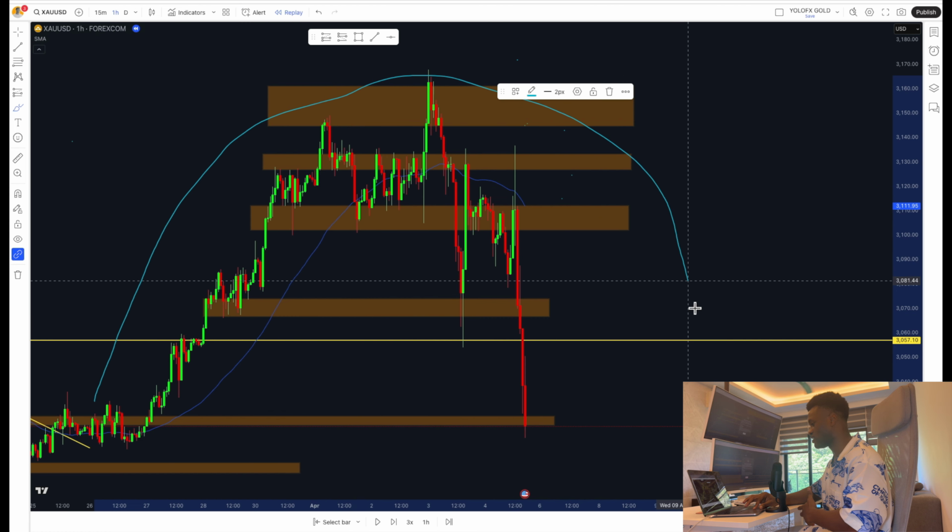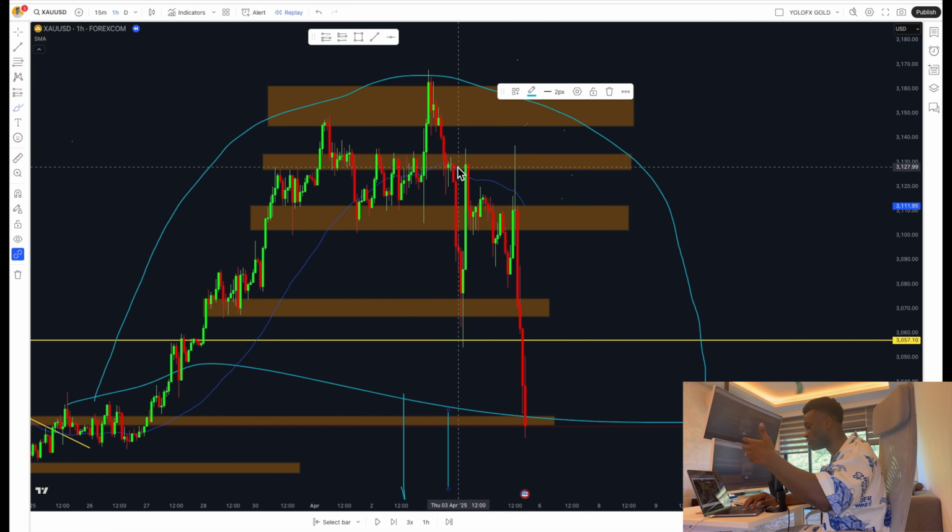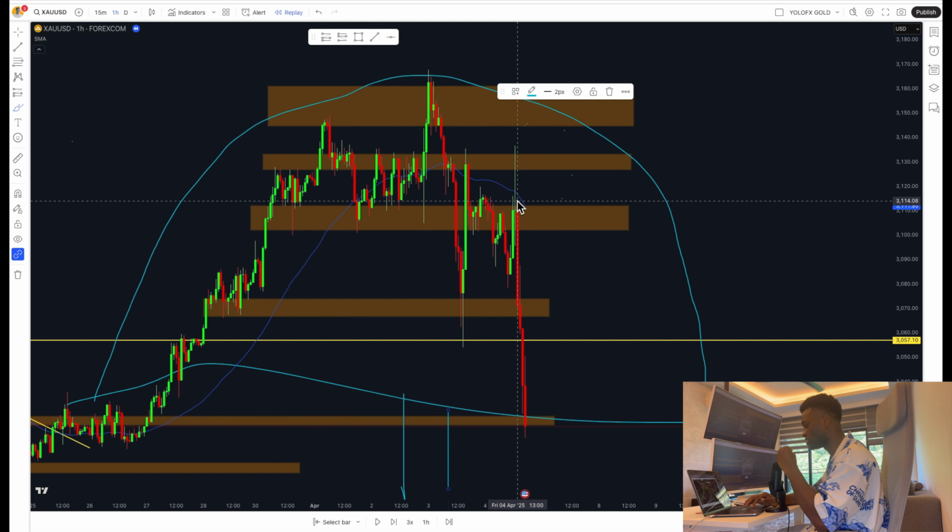You can see that we are creating a form of umbrella. I don't know if you guys can see that, which is very important. We can see that the market momentum is changing from very strong buy to strong sell. Even before this happened, we can see that the momentum is not creating a new higher high and higher low anymore. We are creating a new lower low and a new lower high. So once I see this, and I see that the moving average momentum is now above the market price,